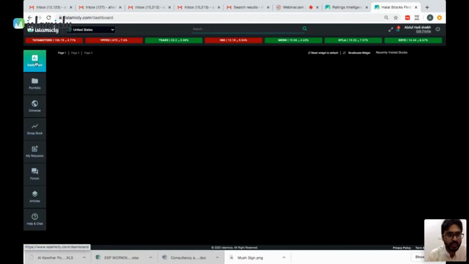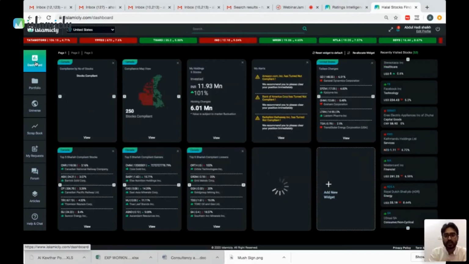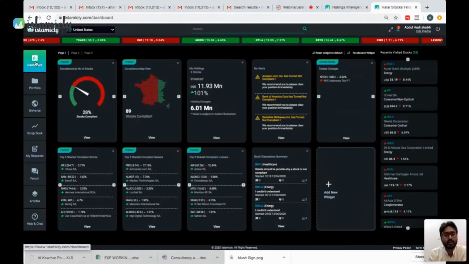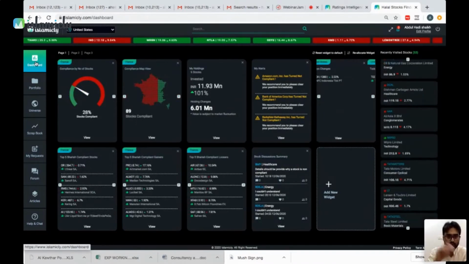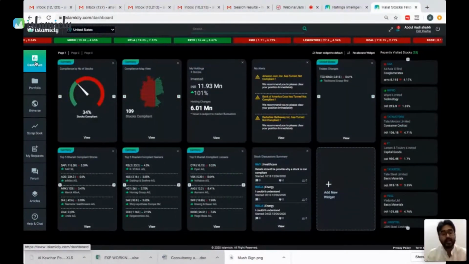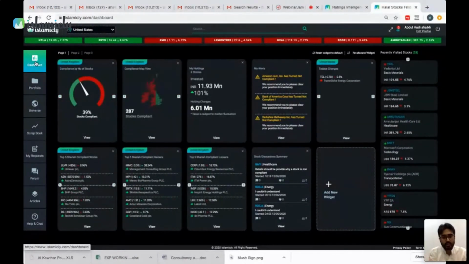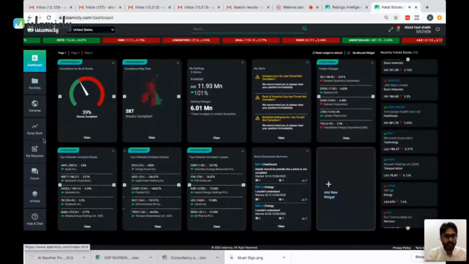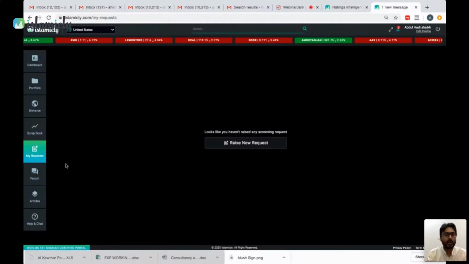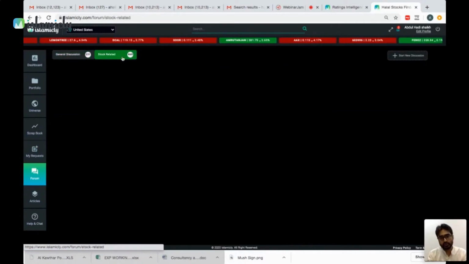And let's not waste a lot of time. Let's go back to the dashboard. So anything that you don't understand on the portal, you have any query, you can come on the chat and put it. Now, this chat is essentially for technical support and billing support. Inshallah, we will also add research support on the chat function down the line as we have more resources available. If you have any issue with the research, you put a request in my request options on research stuff, or over here, you can go to the forum and post stuff. Anything stock related, you can post it on the stock related discussion page.